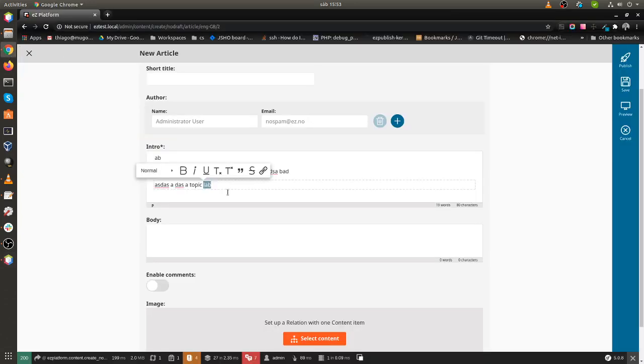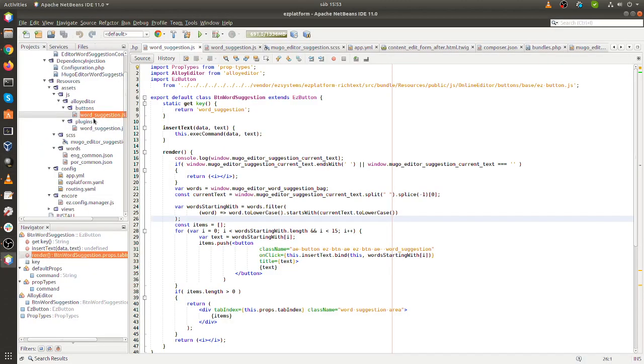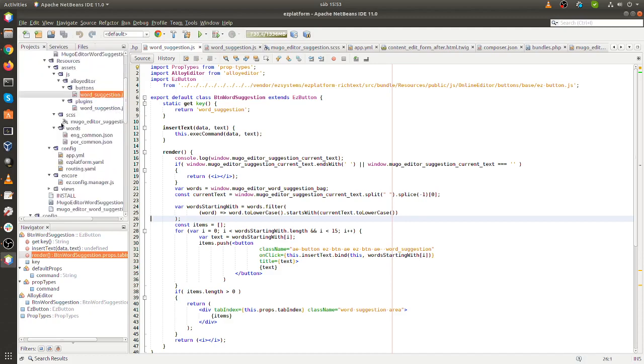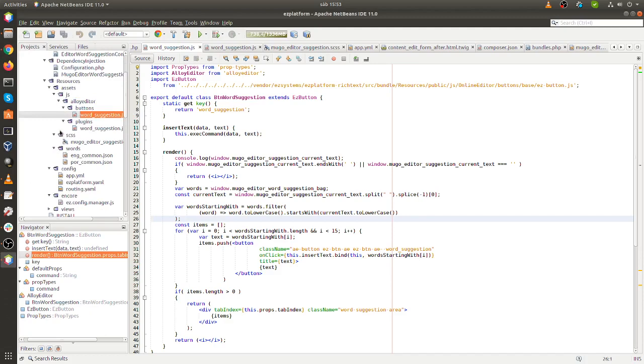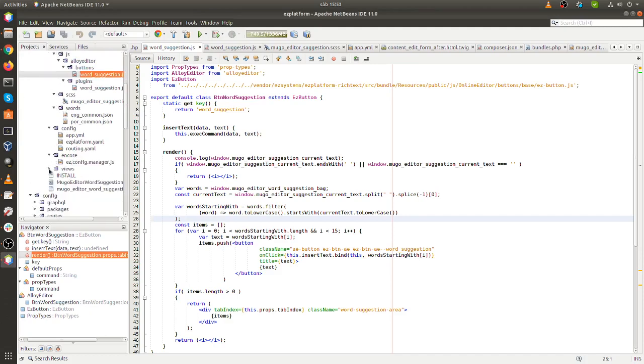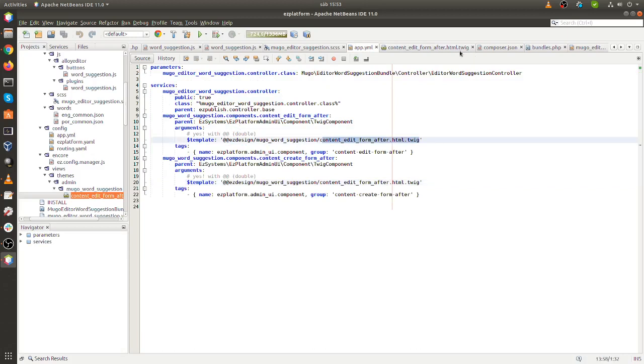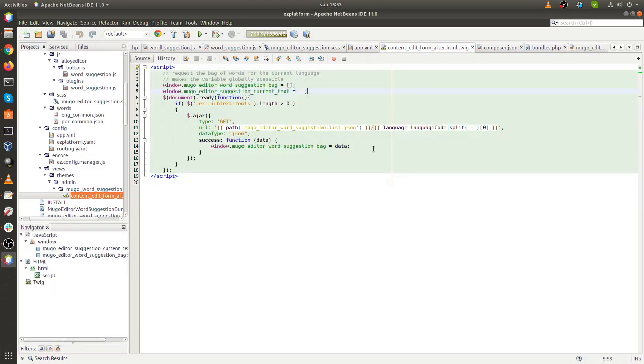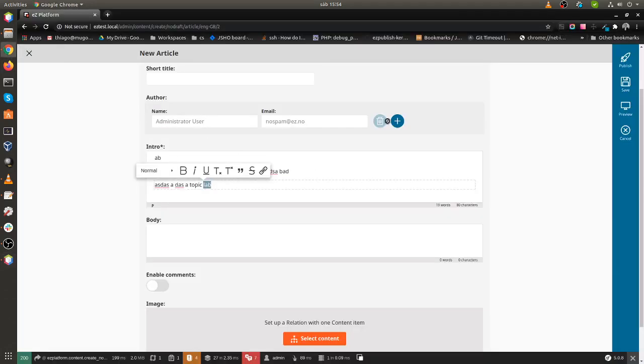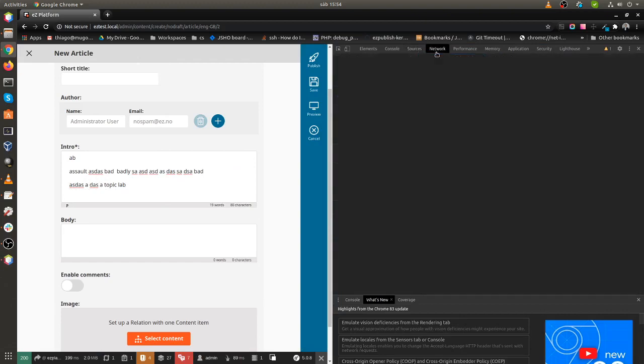This one here, lab. Oh, I forgot to say that there's this template. Let me show you the template. Views, themes, admin. This template here is loaded when we are in edit mode. It's this template here, and all it does is to perform an AJAX call to that route that I have created. So for example, when I load the page here,